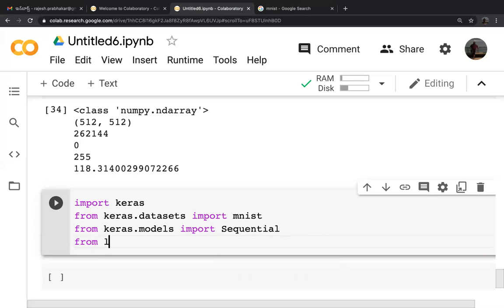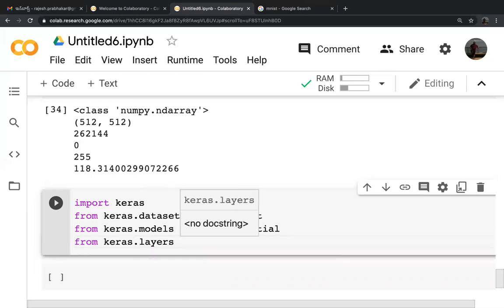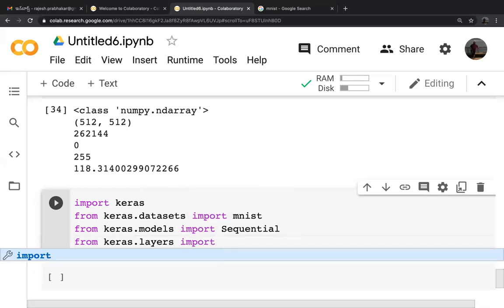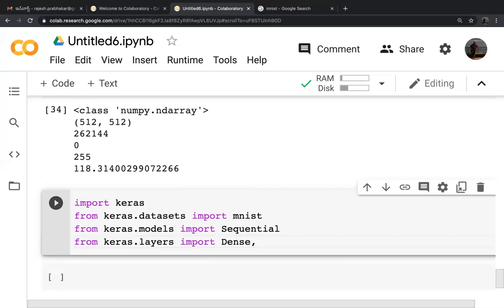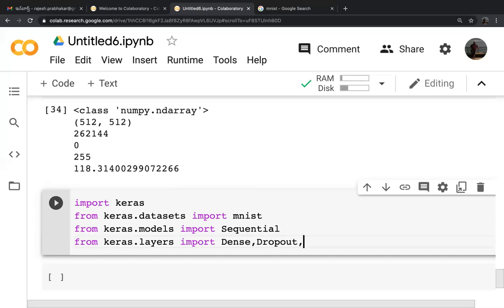From Keras dot layers, import Dense, Dropout, Flatten.